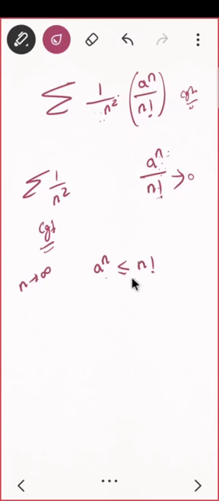Even when we were solving the practical of your semester 1, there was a question like this, and I proved this also: e raised to n upon n factorial converges to 0. How can you see that? You just write e raised to n upon n factorial, up to whatever number of terms, and then just compare. It will be a geometric series. You get an estimate with a geometric progression, and that geometric series will go to 0, and so it goes to 0. You can prove it also. Is that okay?